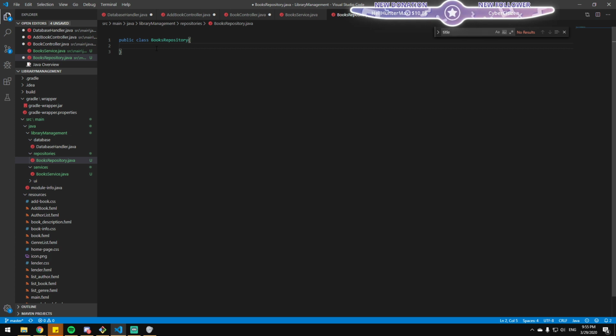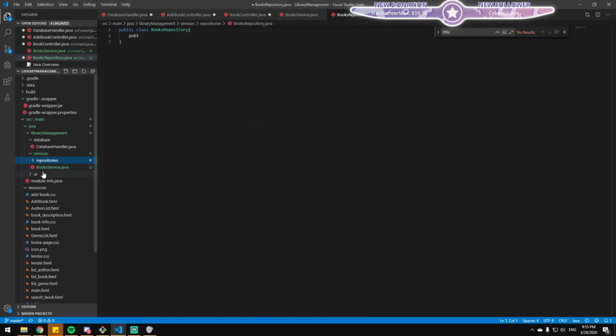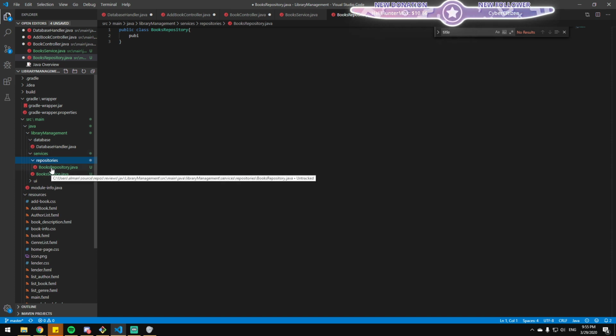Right, I usually have my repositories as part of the services. It does make sense because it's a kind of service. And what about those things that call repositories? Do you separate them in their own folder? Services call the repositories, so they are in the services folder.